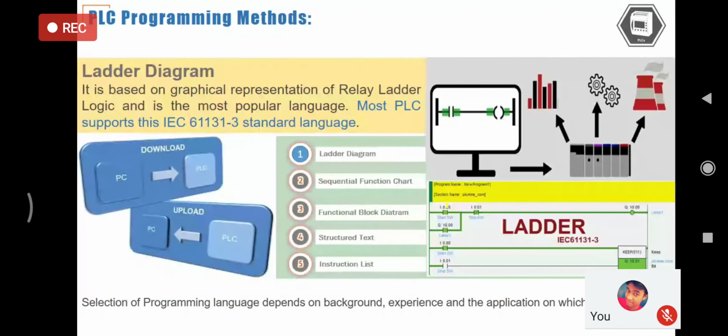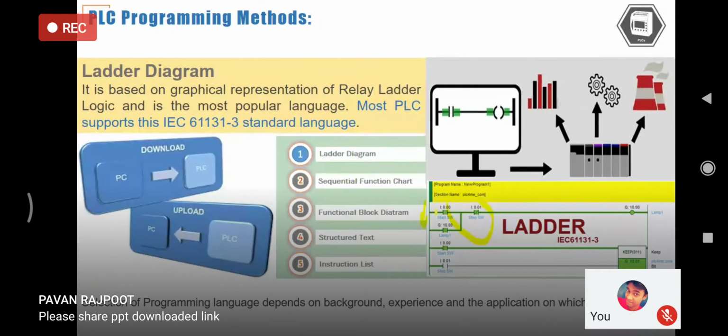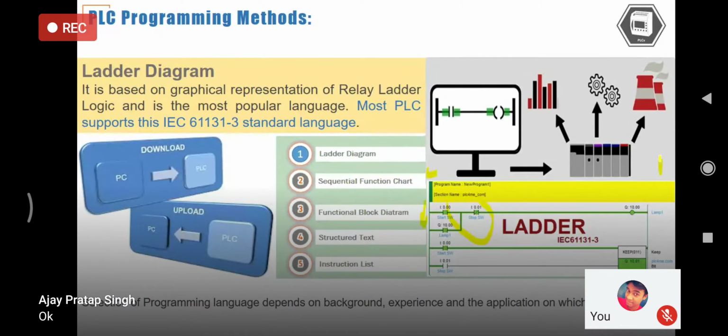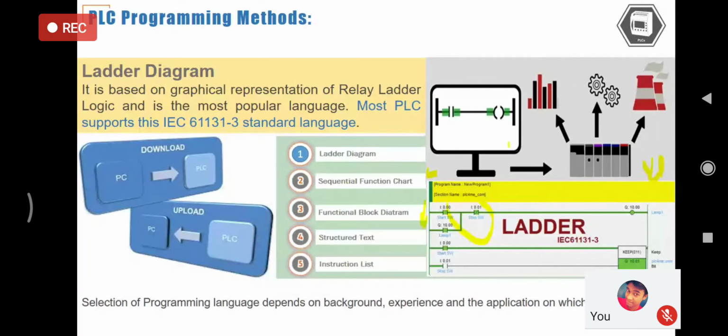The relay contacts used to control the system are represented in the form of a ladder. When the PLC executes the operation, it goes from left to right and from top to bottom. Only then is it referred to as a ladder diagram.